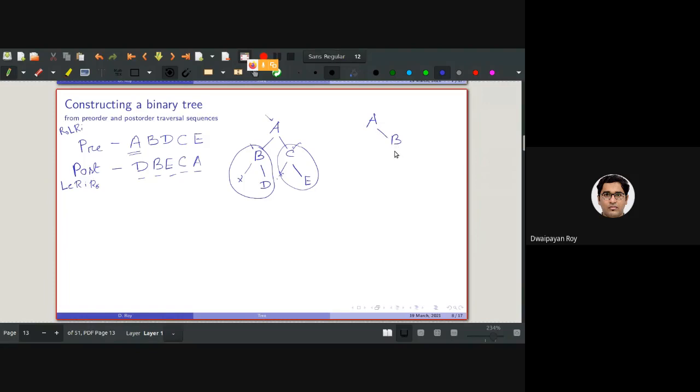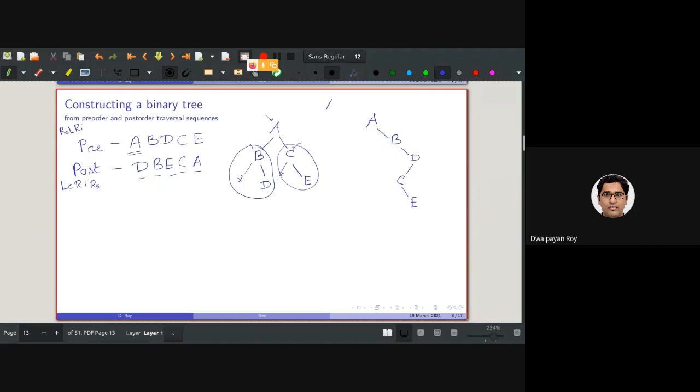For this tree, the pre-order traversal will be A, B. D will be first, so D will be in the rightmost corner. So what will be the pre-order traversal of this tree?